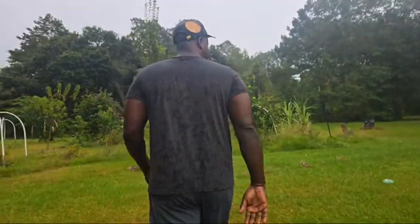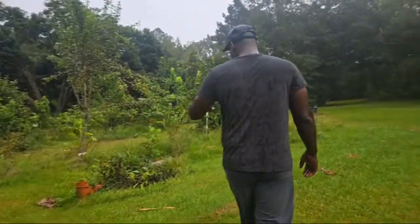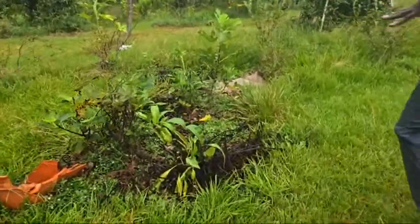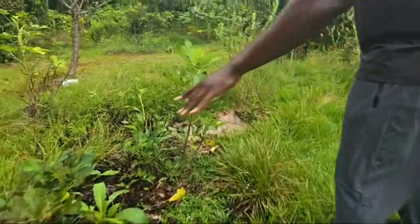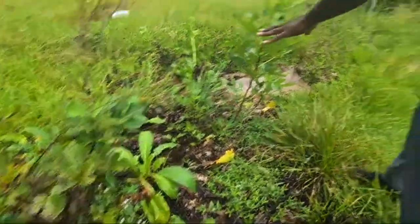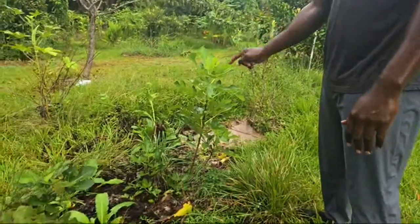Let's go over here, show you some of this. This is a spot historically we've had the hardest time growing in, right, Bill? Yep. We actually had this fig here. I think this is a Celeste. We had this one planted here. I actually dug that one up because we got some cuttings from